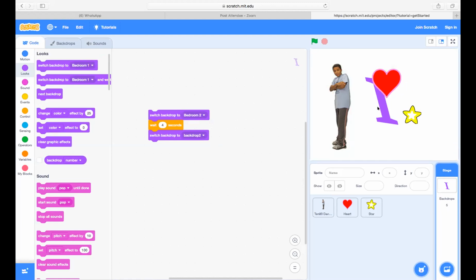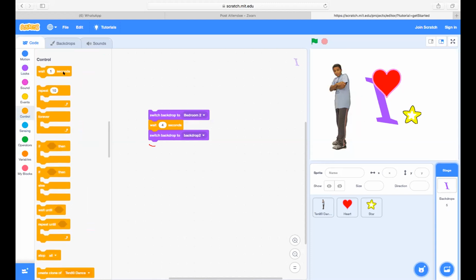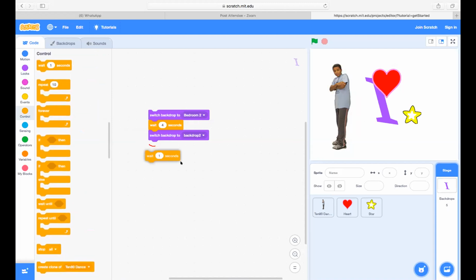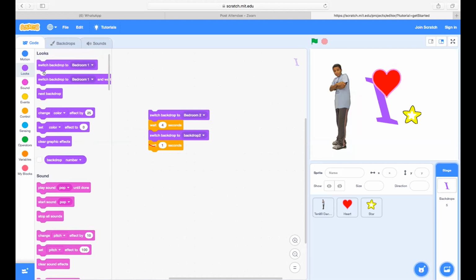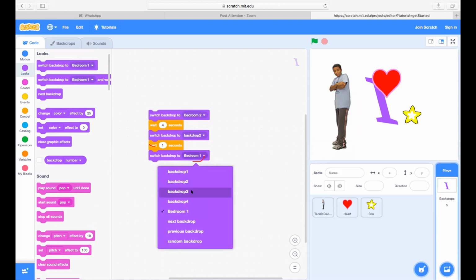Now put a wait again. Put wait for 1 second. Then do a switch backdrop. Go back to looks. Now do switch backdrop. Select backdrop 3. Very good.